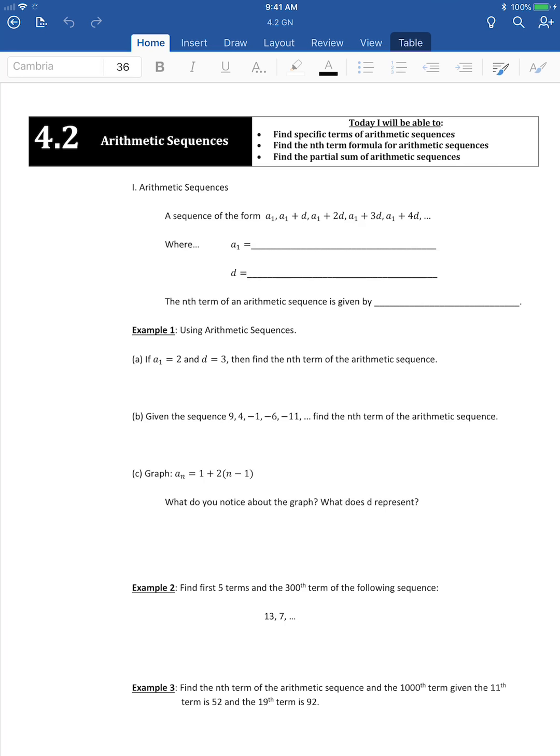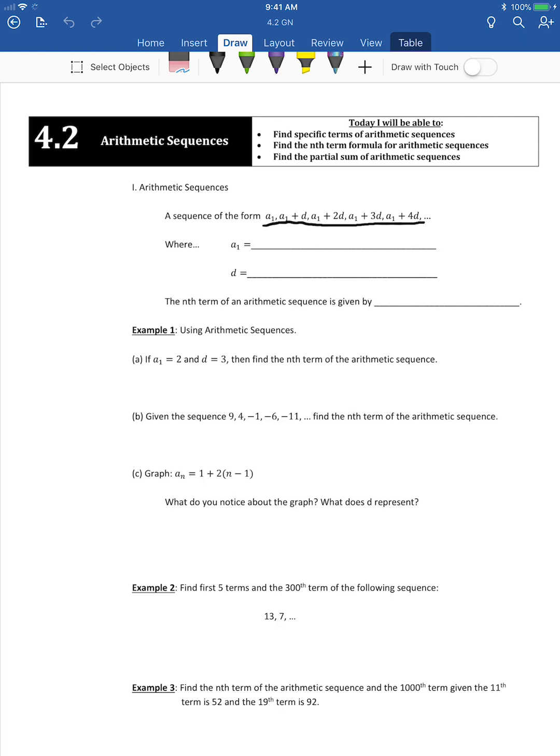These are sequences of this form. What does that form mean? I know most of us are looking at that, asking this question. Well, we have a first term. Then our second term is that first term plus some number, d. Our third term is the first term plus 2 times that whatever d is. So in general, an arithmetic sequence is one where the difference